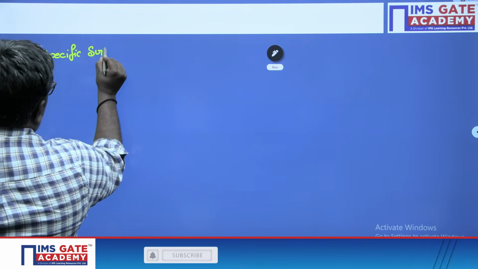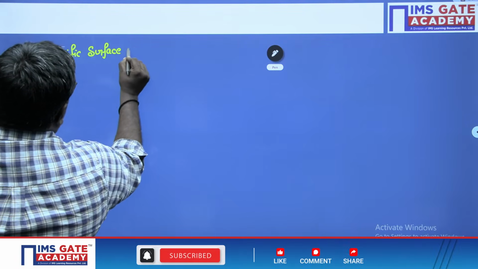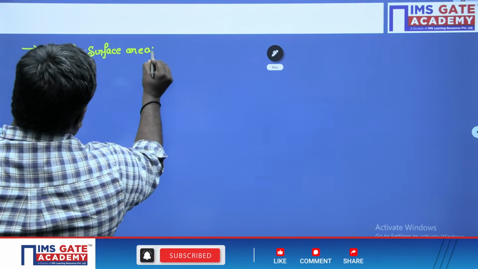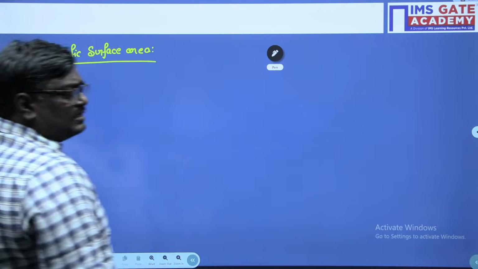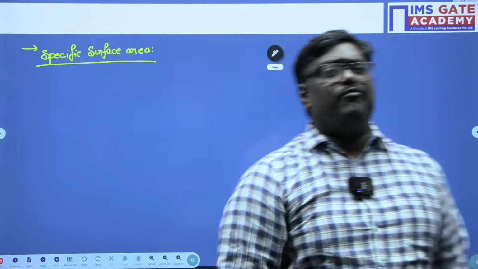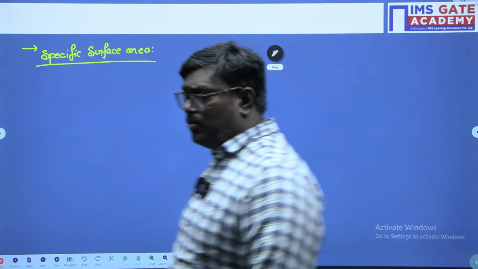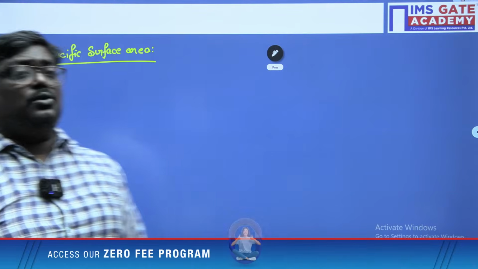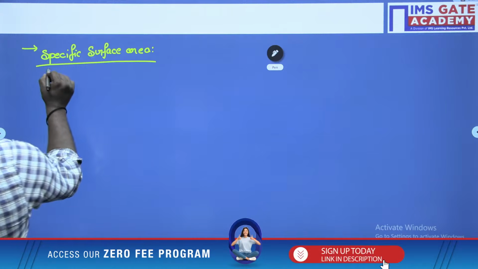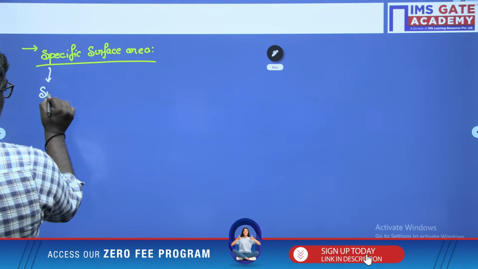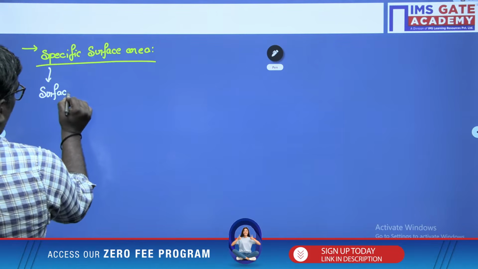Sir, usually what is the surface area of a rectangle? Remember, surface area and area will be the same for two-dimensional bodies. It varies only for three-dimensional bodies. So what is specific surface area? It is the surface area of